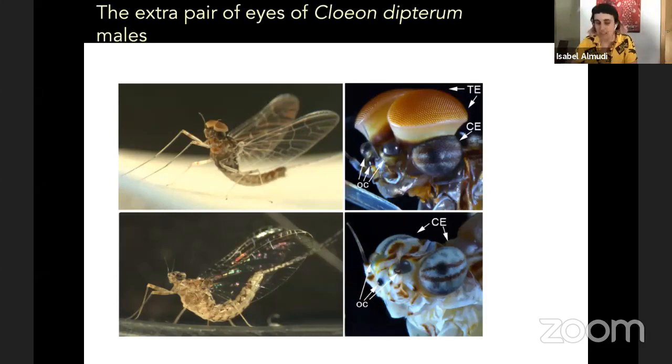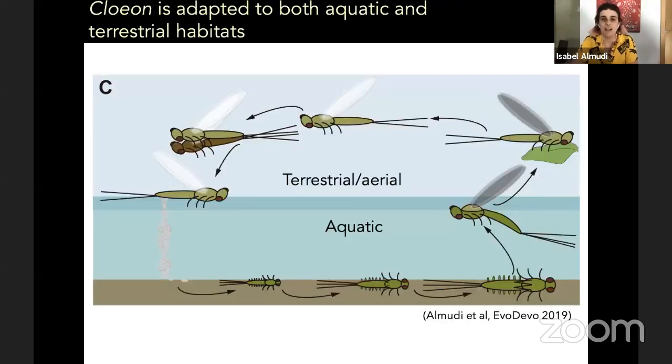turban shape. And finally, mayflies are also quite interesting to understand adaptations to different habitats. As juveniles or nymphs, they are aquatic, they live in freshwater streams or ponds, and when they are adults, they are flying insects. So for all these reasons, we thought that it would be very interesting to explore the genome of the mayfly